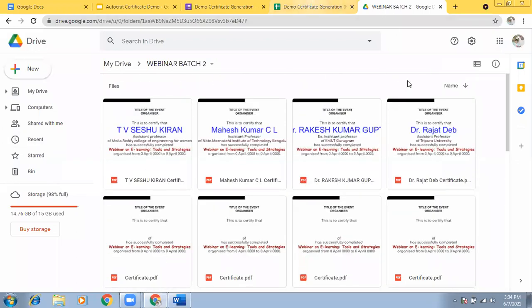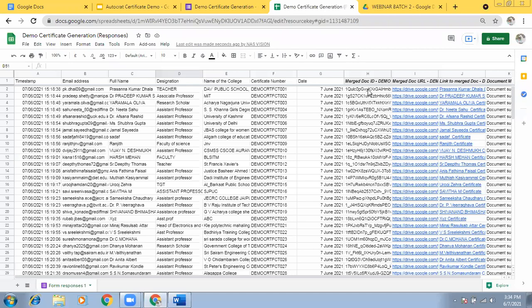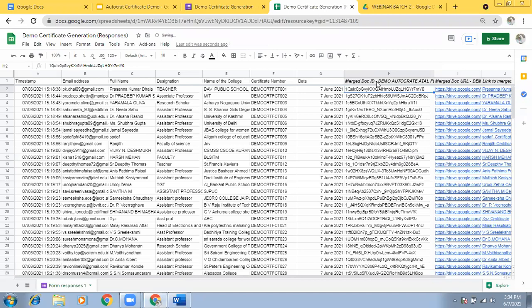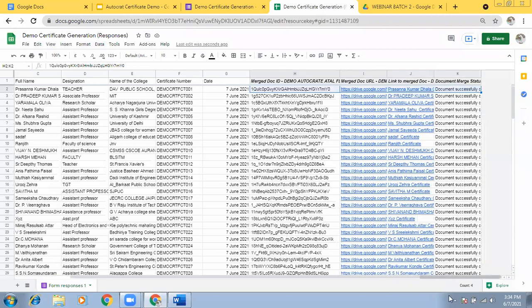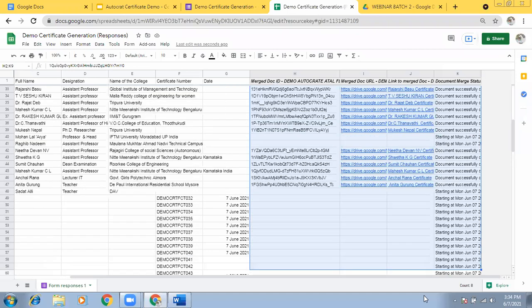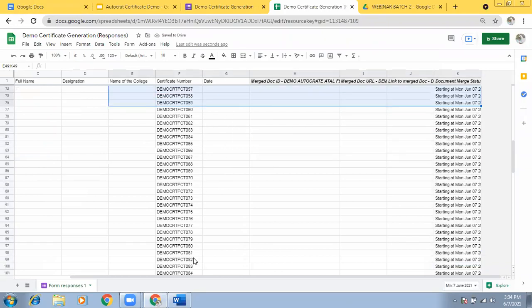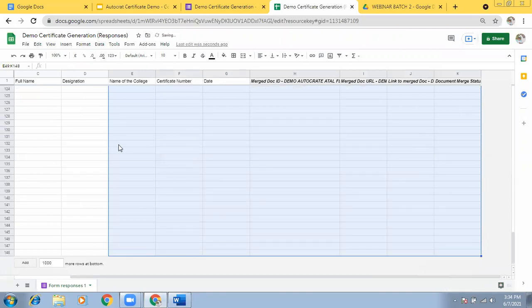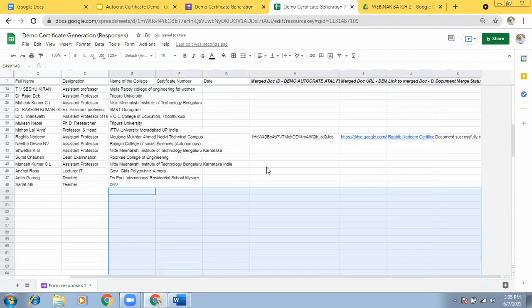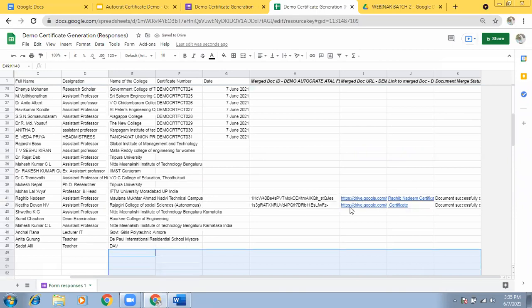After removing these, you also have to go to the merged document ID in Excel. You will have to delete this field also. The data here, these last 3 columns, you delete. You delete all these data because the certificate data is already there. Now new certificates are being created, and those things will be added there.